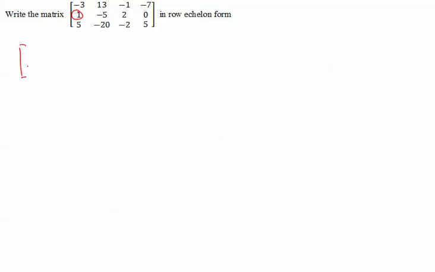So let me rewrite the augmented matrix. This must be the augmented matrix of some system of equations with 3 equations and 3 unknowns, and this is the coefficient matrix. So here I wrote this